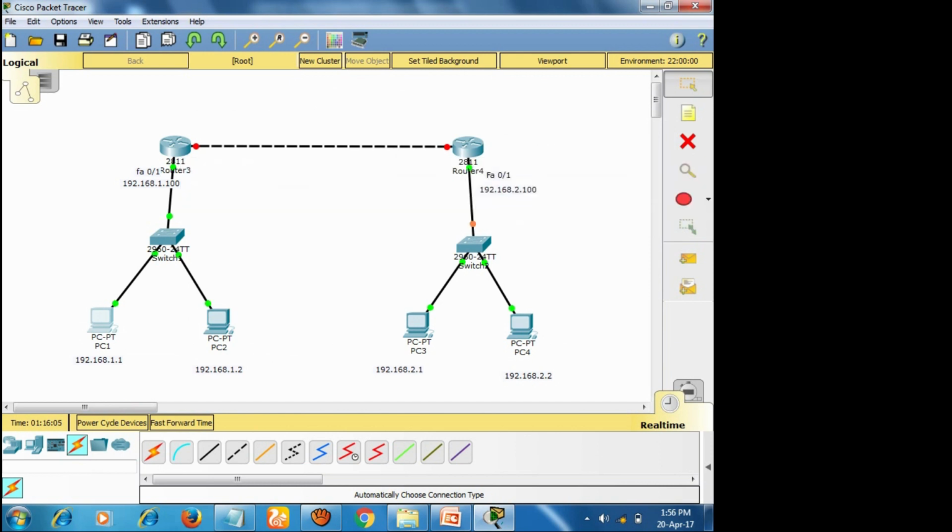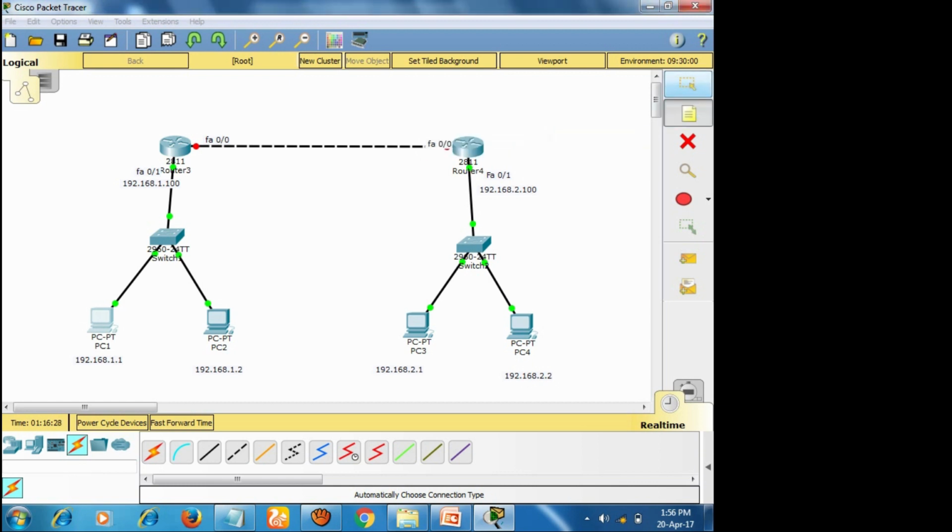And look at here, this is a separate line, and this should have a different address. This line should have the different address. And what is the interface? It is FA 0/0, right? And for this router, FA 0/0.